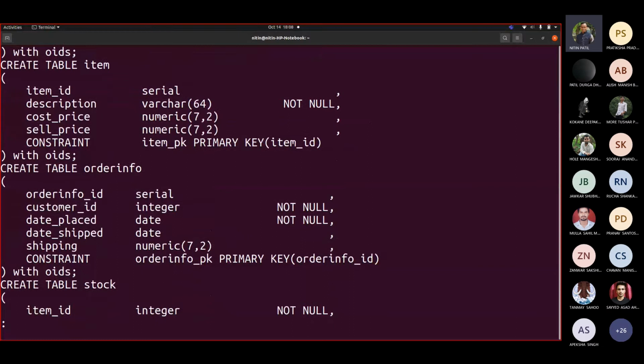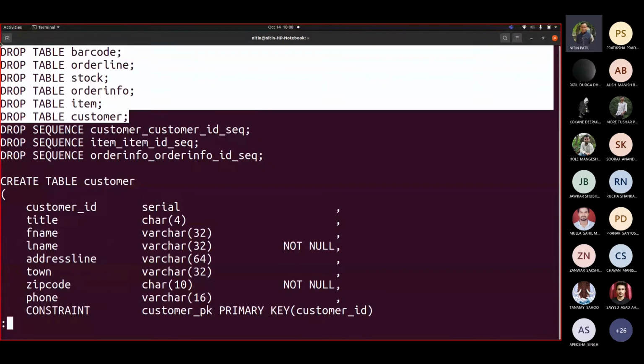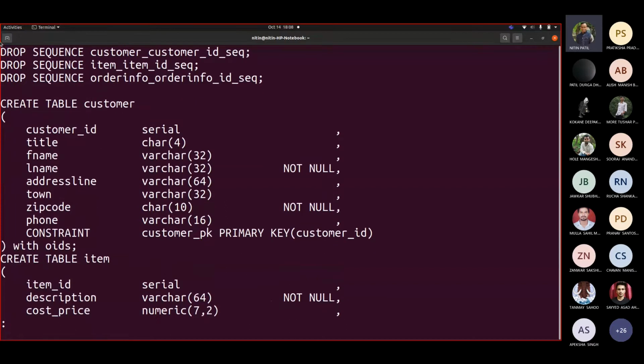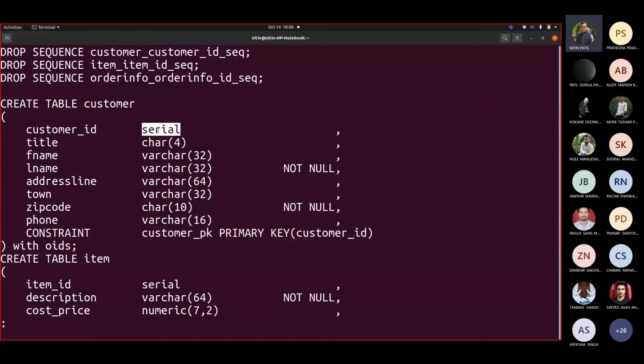Suppose I ask you, can you create these tables for me? Suppose I give you the schema details of that table and ask you to create this table. These table definitions are given like this. You will see here I'm making use of WITH OIDS, as well as one new data type, which is serial. This serial would be helpful for creating serial numbers, like for example roll number 1, 2, 3, 4, 5, 6, and so on.